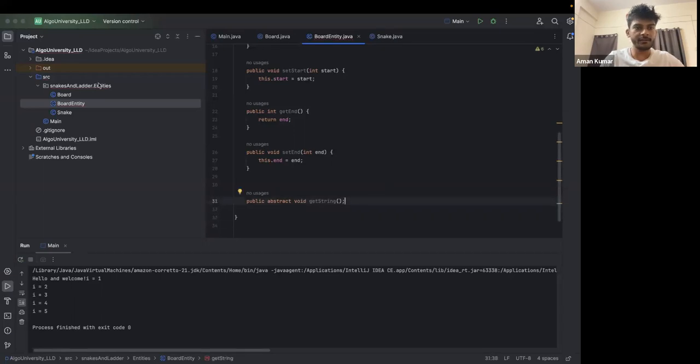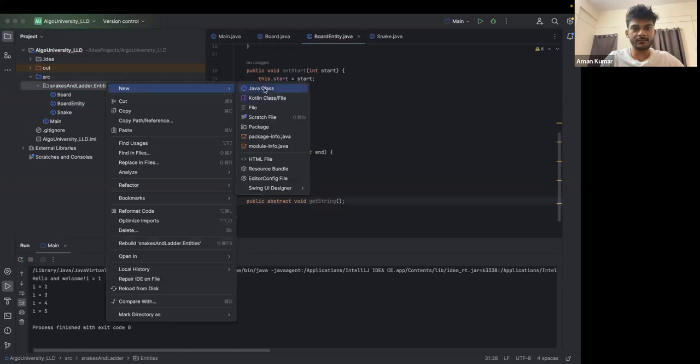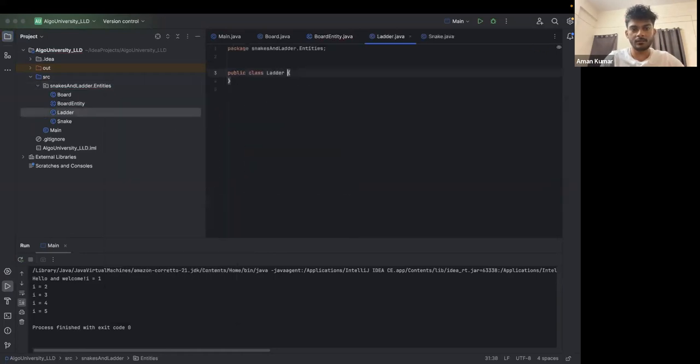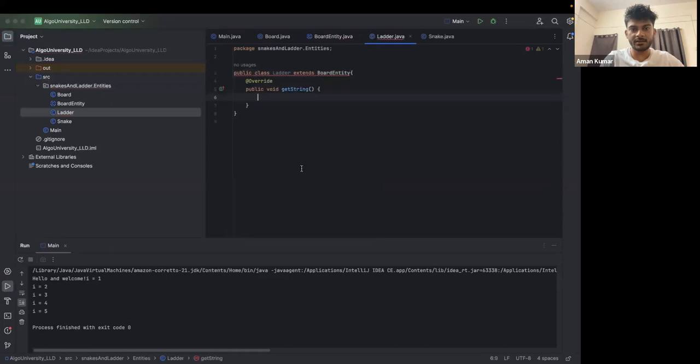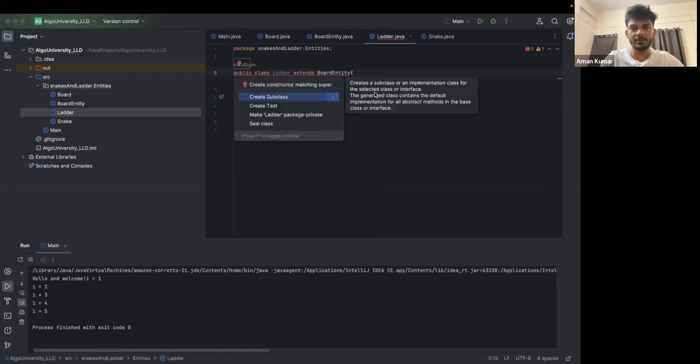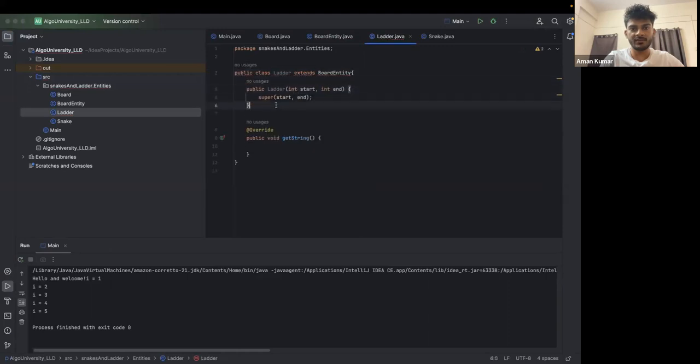Now we would create one more entity, which is ladder, which will extend our board entity. Now, since we have created it, implement the methods, getString. What else do we need? We need a constructor. So this is also created. getString, what would we return? Let's say we want to